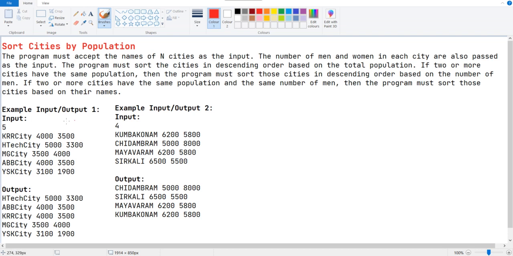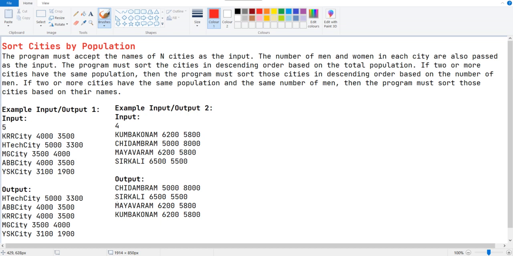Here we have a sample with cities: Kumbakonam, Chidambaram, Mayavaram, Sirkali. According to the total population, Chidambaram comes first. Kumbakonam and Mayavaram have the same total population, and they also have the same men count.